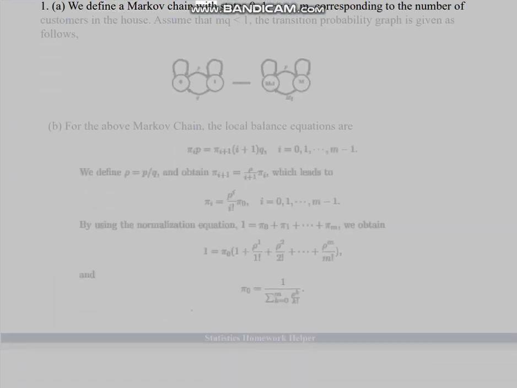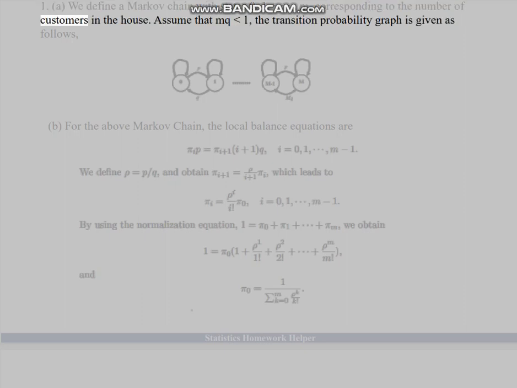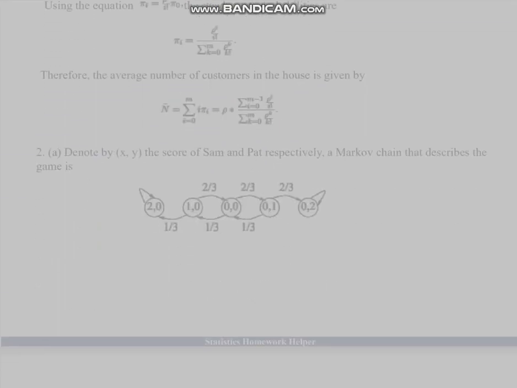1a. We define a Markov chain with states 0, 1, ..., M, corresponding to the number of customers in the house. Assume that MQ is less than 1. The transition probability graph is given as follows. B. For the above Markov chain, the local balance equations are as shown. Using the equations, the steady-state probabilities are as follows. Therefore, the average number of customers in the house is given by